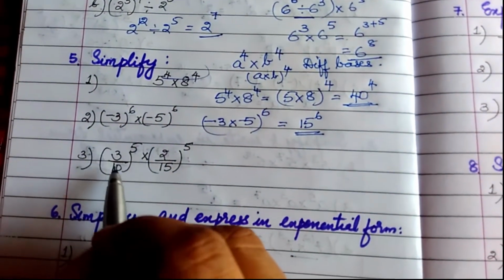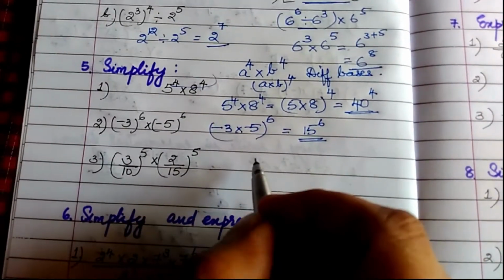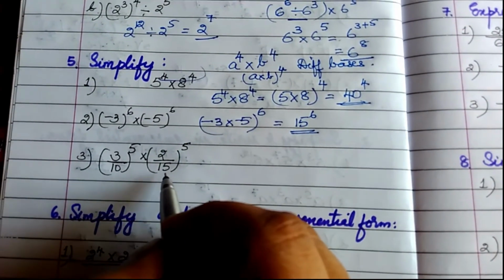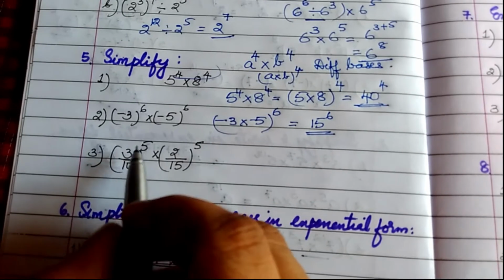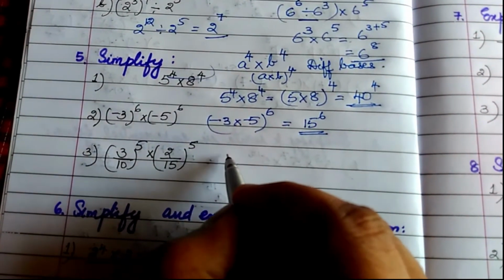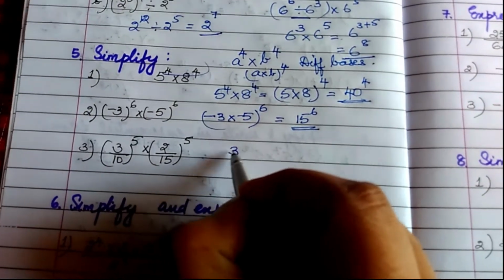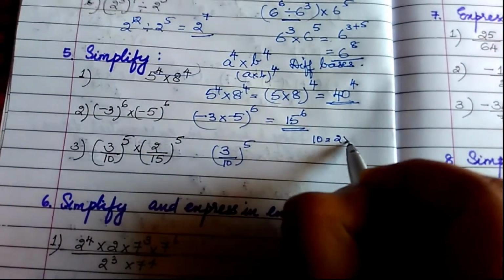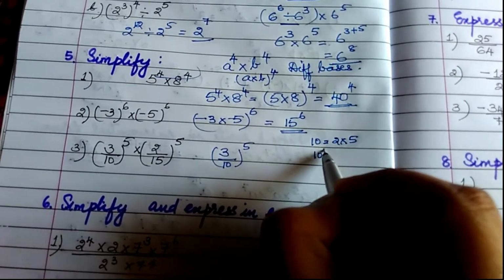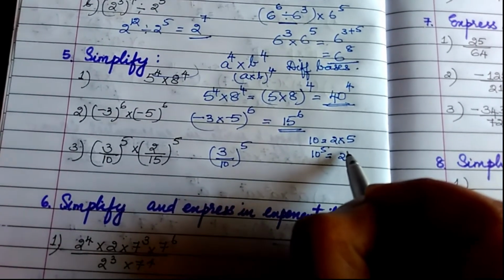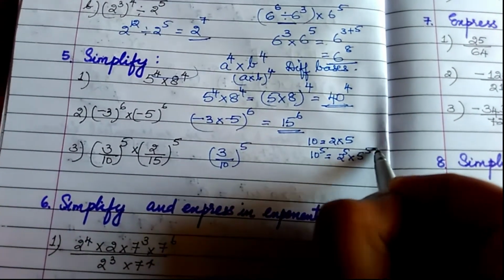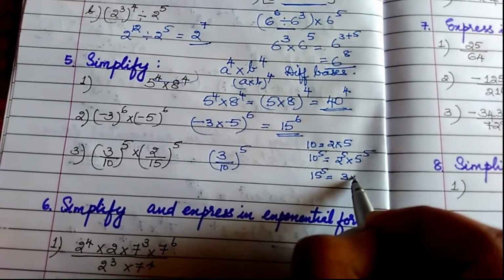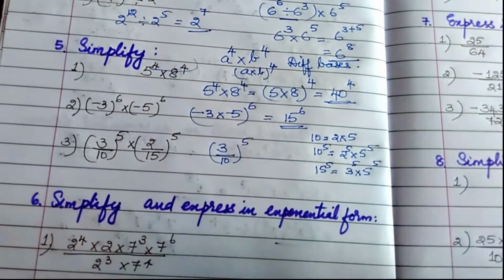Now next one is 3 upon 10. Here you had to split the 10 and 15 also, because the numerator is to the power. So first you will solve the first one, that is 3 upon 10 to the power 5. So 10 can be written as 2 into 5. So if it is 10 to the power 5, then it is 2 to the power 5 into 5 to the power 5. That can be split. Same way for 15 to the power 5, 15 can be written as 3 into 5. So the powers can be the same, isn't it?